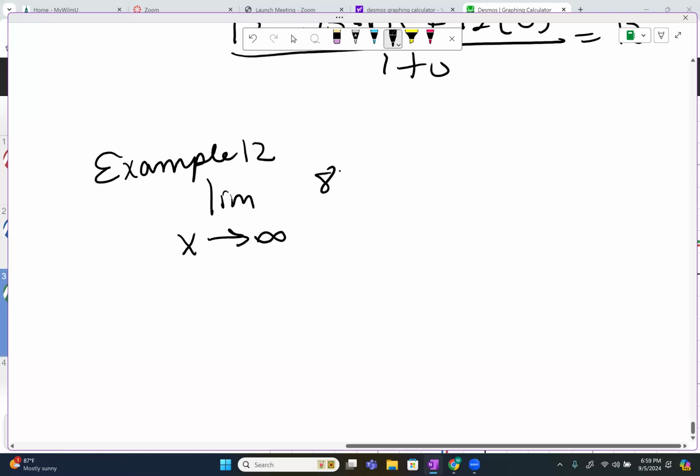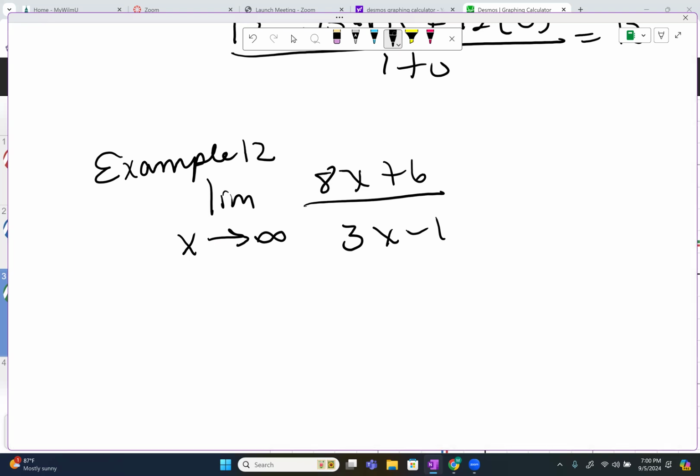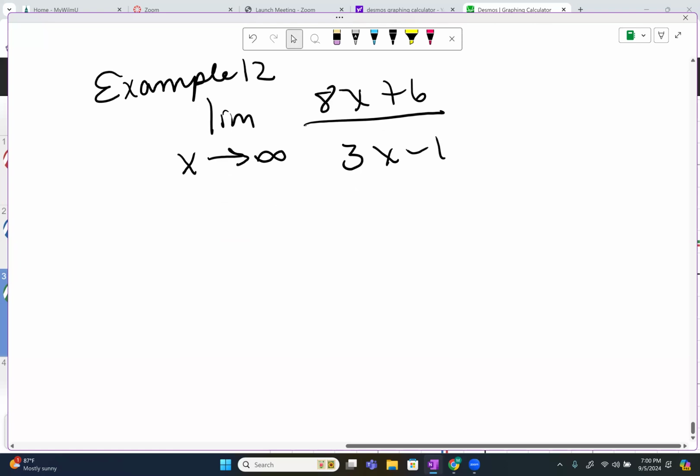And we have 8x plus 6 all over 3x minus 1. So there are several examples here. In this one, we're going to have example A. This becomes 8/3. Quite simply,